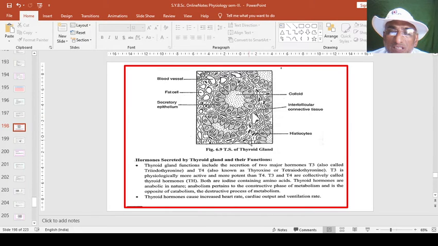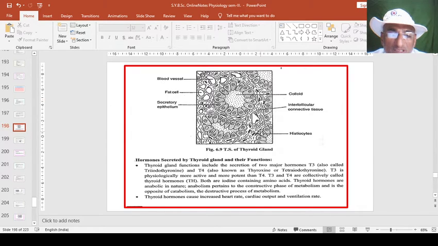Then some histiocytes are there in between follicular space. Then blood vessels and nerves are naturally there. So this one is the blood vessel, and some nerves are also there. This is the arrangement of cuboidal cells which are secreting the secretory material. Then some fat cells are also there as a reserve energy. And in between these secretory epithelial cells, the colloidal sticky secretion is there, called as colloid material or colloid matrix or colloid secretion in this gland.